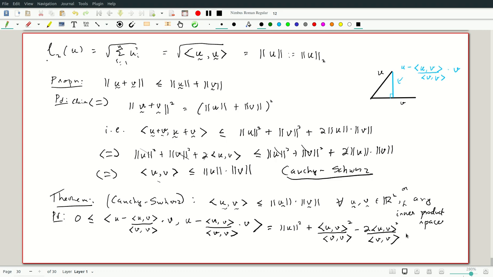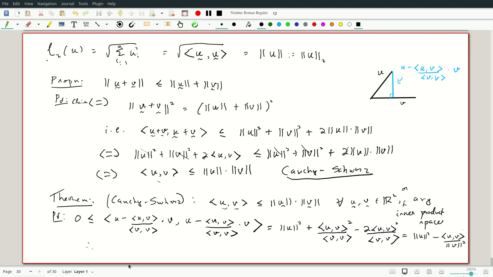And if we rearrange this, we get norm u squared minus uv by norm of v. And there's a square here. I've probably missed a square somewhere. The first term has a norm u squared, and a simplification will give you the result. So the inner product is the norm squared, and therefore